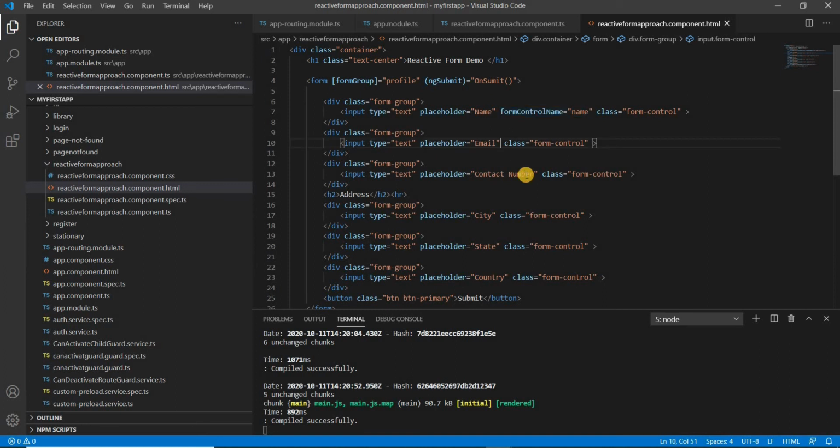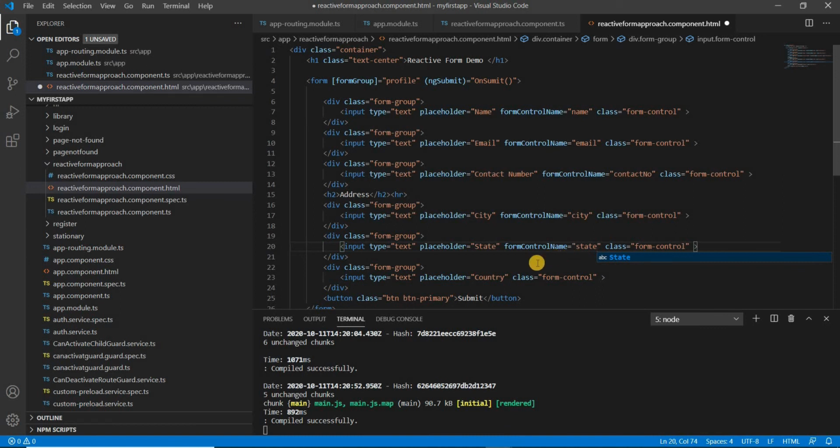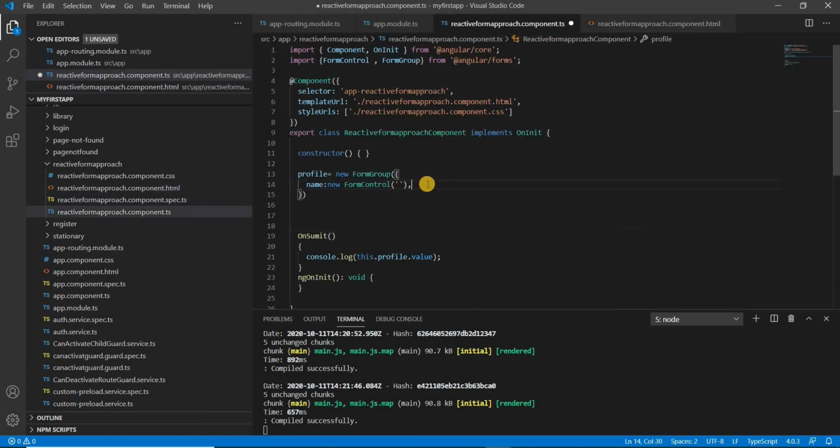So just add formControlName to all the fields: email, contact number, city, state, and last is country.